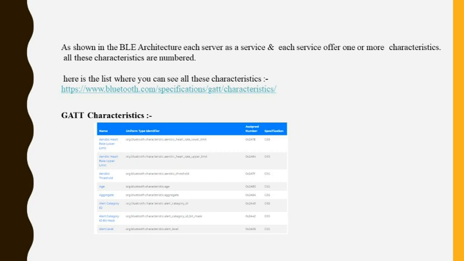Here is the list where you can see the characteristics. This is from the main Bluetooth website. In this characteristic table we have all the characteristic services, with specified numbers.